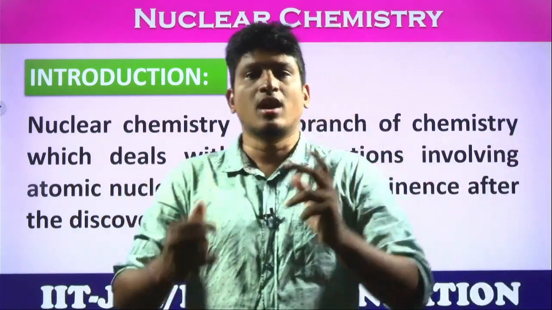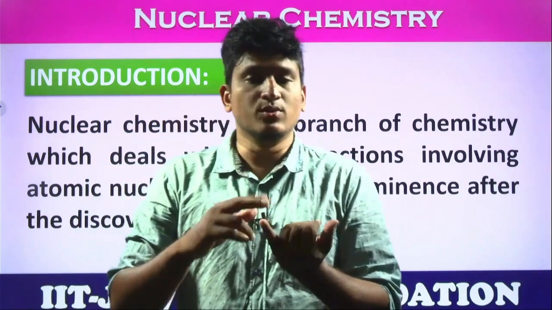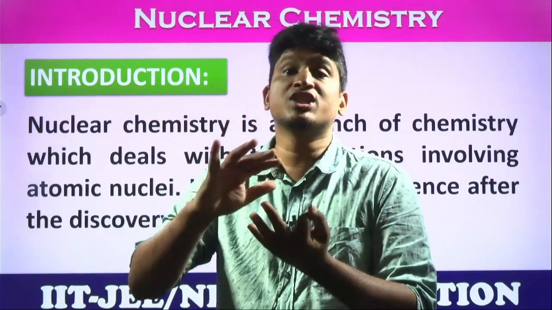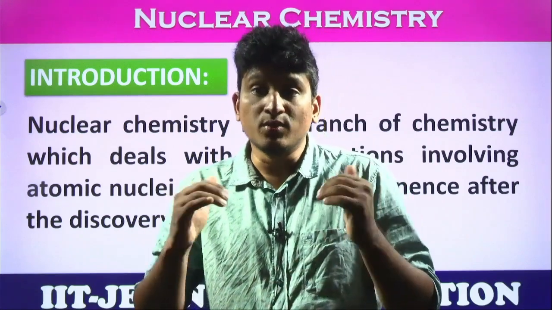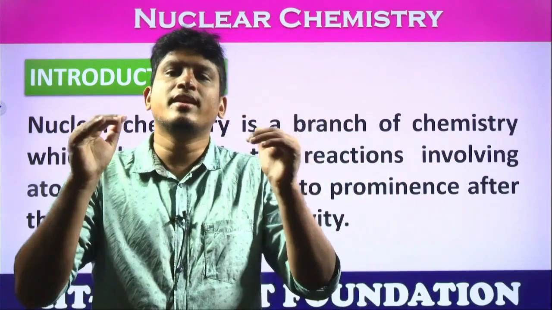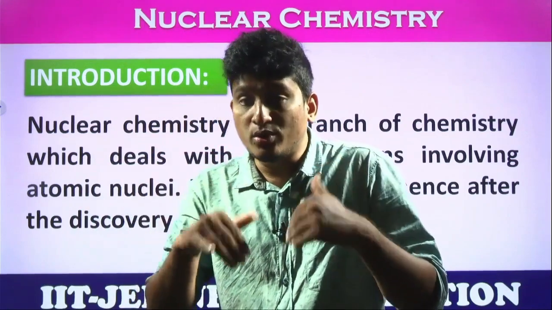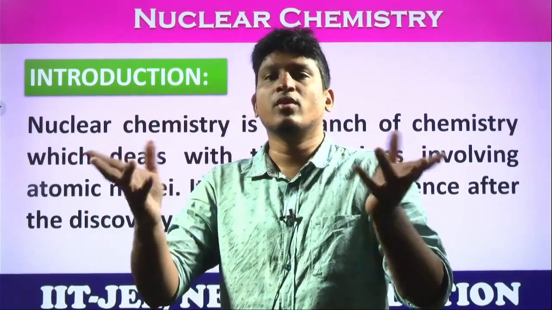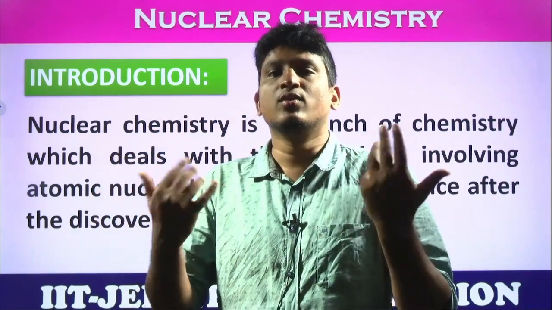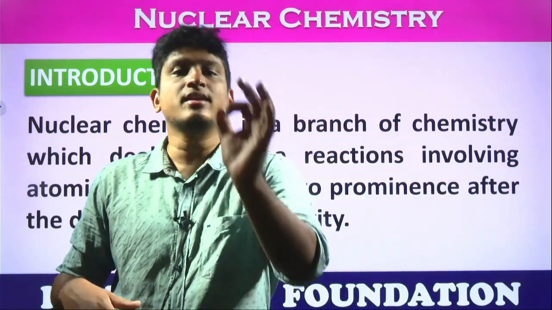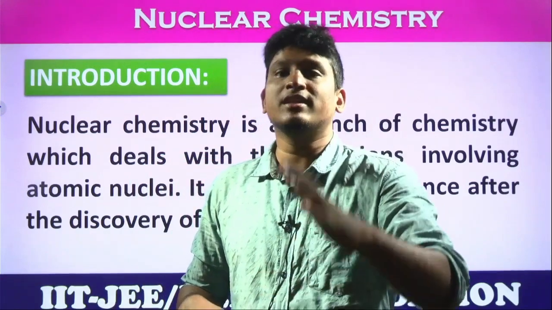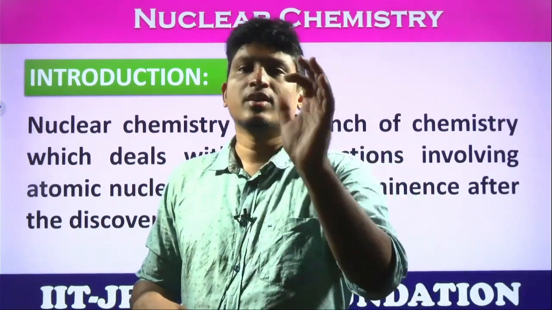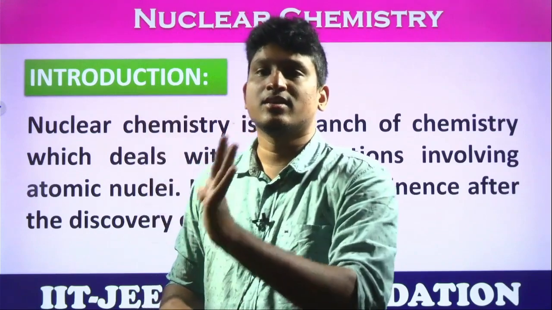First of all, how do chemical reactions take place? Either by losing electrons, gaining electrons, or sharing electrons, yes or no? That's how chemical reactions take place. How do nuclear reactions take place? Nuclear reactions take place by involving protons and neutrons also. Why? Because what does the nucleus contain? The nucleus is made up of protons and neutrons. Yes or no, students, right? So that's why the reactions involving these subatomic particles are called nuclear reactions, that we are going to discuss